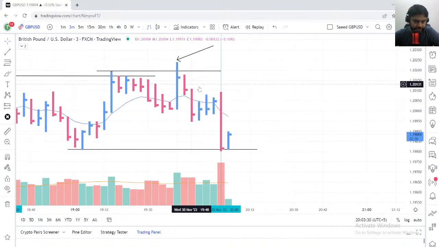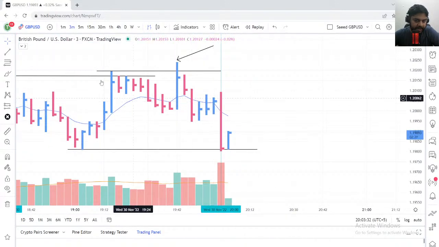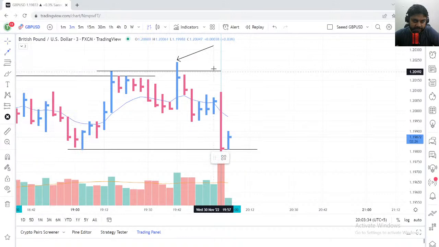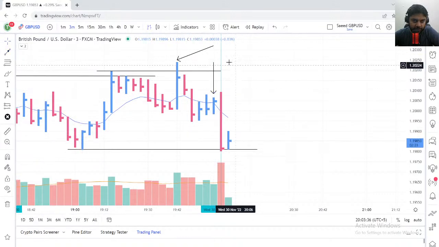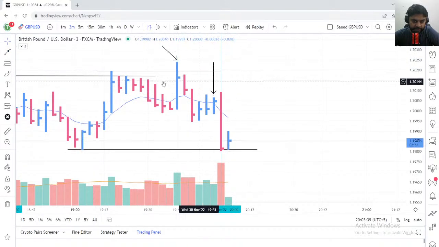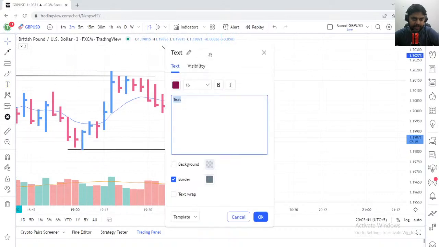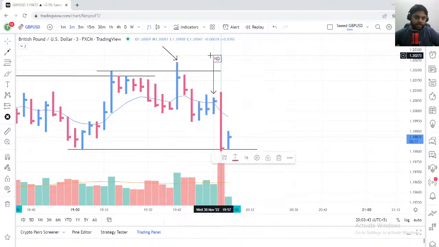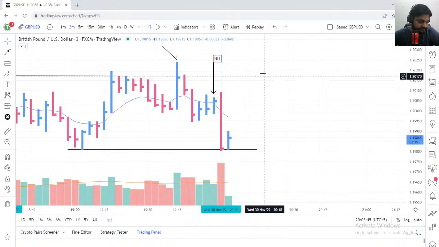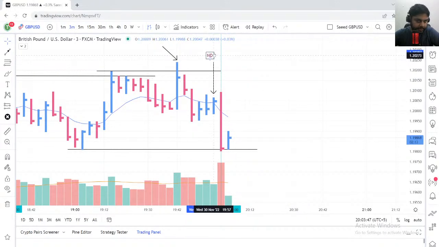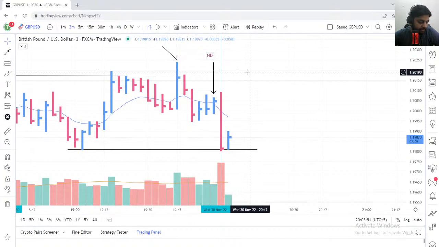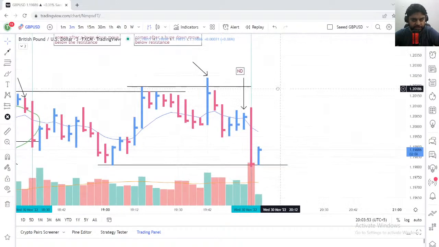So you see, we just traded the ND bar. So this was an ND bar, a no demand bar. We just traded this no demand bar. If you are paying attention, this is a no demand bar. I just did it. Yeah, of course, Saeed Mohammed ji, you can use this strategy very much for gold. No worries, you can use it.